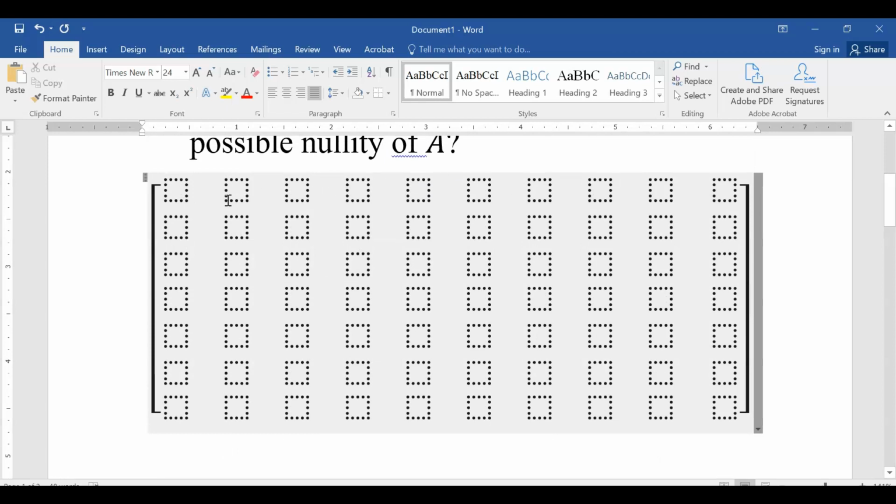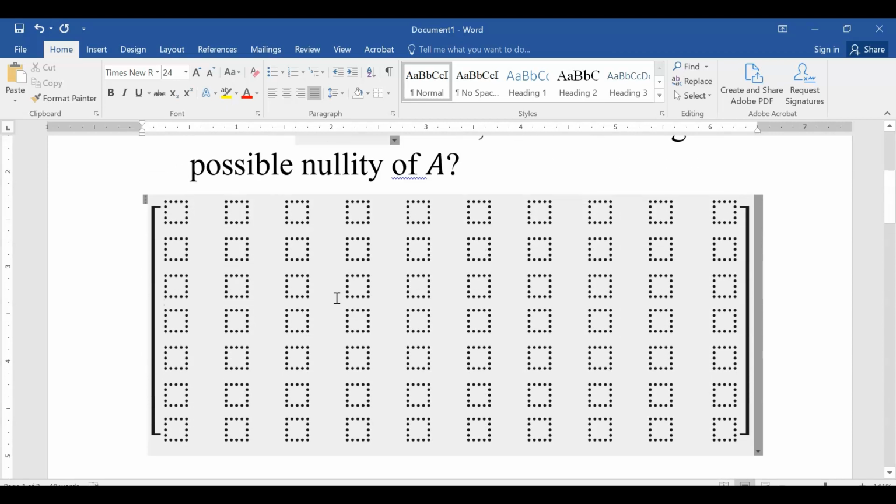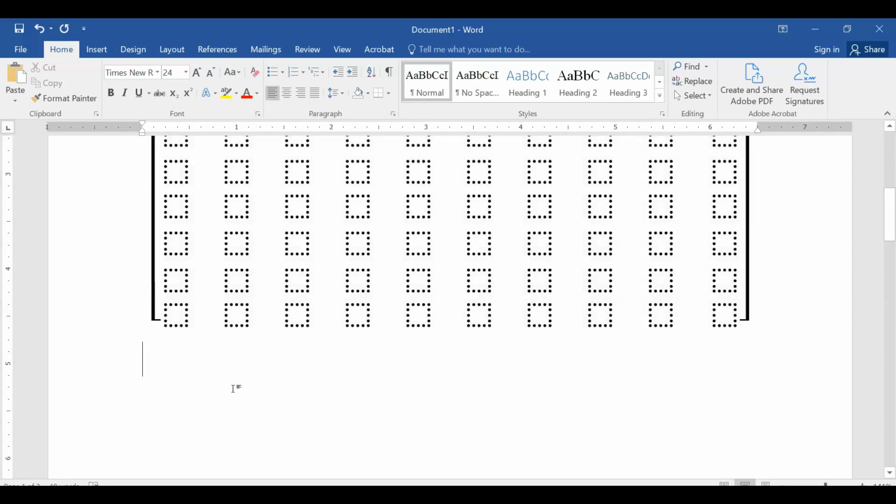Well, I could have up to 10 different free variables and no pivot columns as long as my matrix is the all zeros matrix. So it is possible to have 10 free variables if our matrix is size 7 by 10. So the largest nullity possible